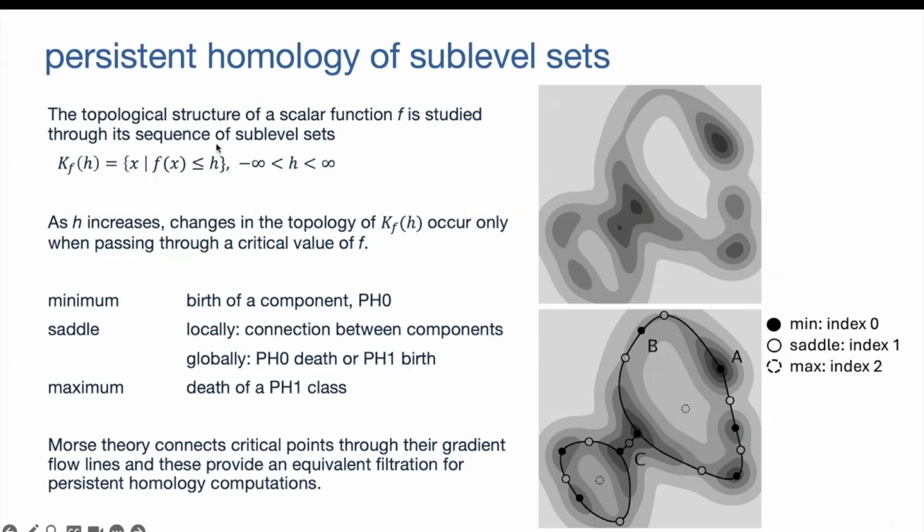My threshold is H, and so I look at the structure of this region of space where the value is less than H. At one threshold here, I'm seeing 3 components maybe, and then as I increase that threshold to include the lighter parts of the image, I will eventually see components joining up,